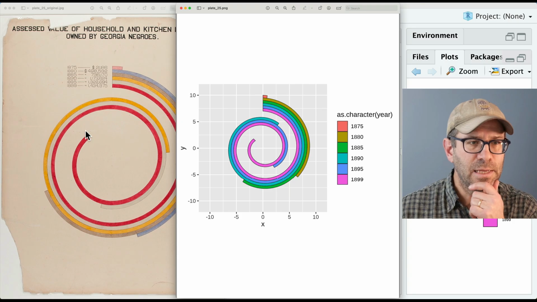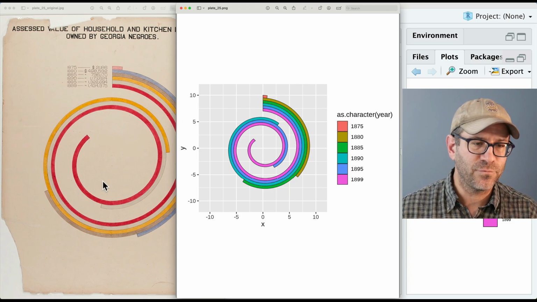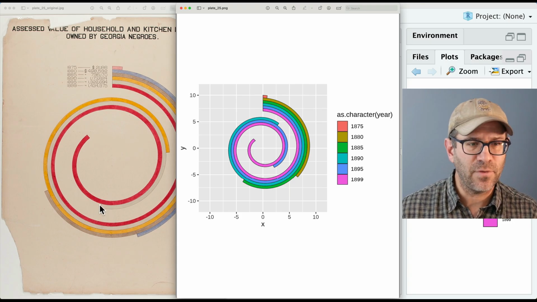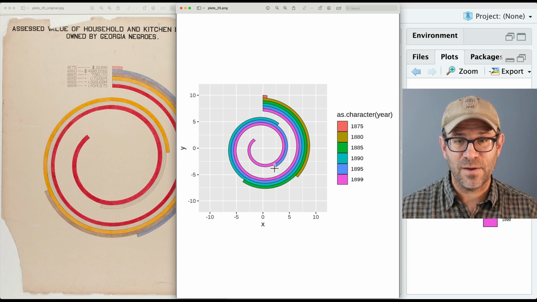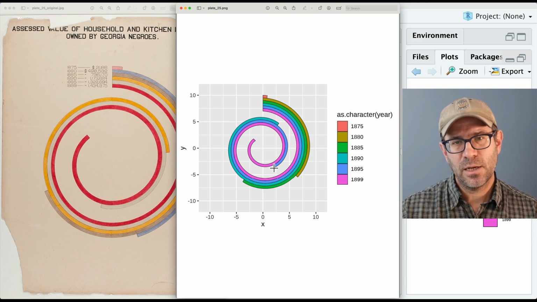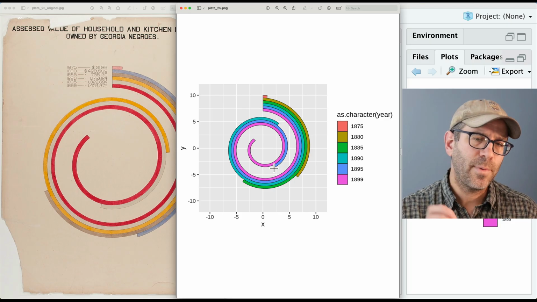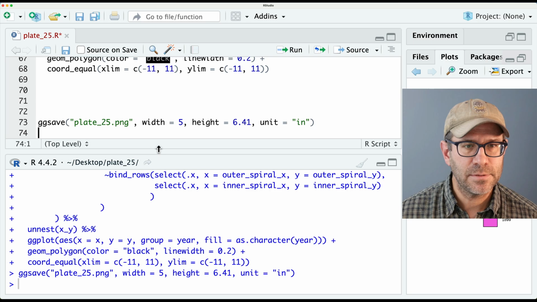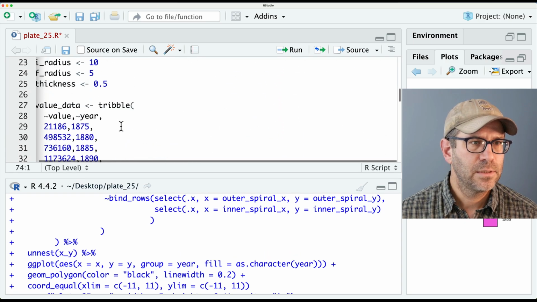So I notice his 1899, again, as we said, ends at 3 pi over 4, whereas his 1895 ends basically at 7 o'clock, whereas ours ends at 5 o'clock. So I think by changing that initial and final radius as well as the thickness, we're going to be able to change that appearance. So let's see what happens if we change our outer radius to be